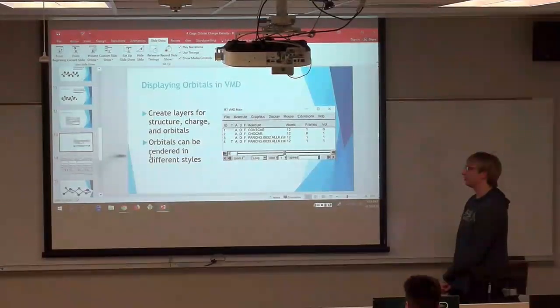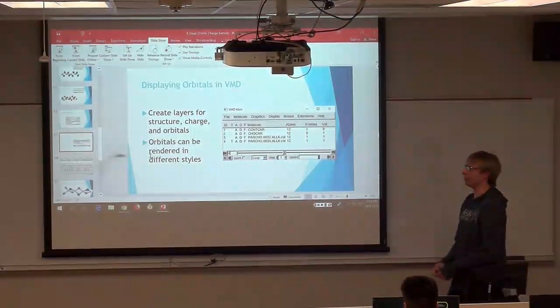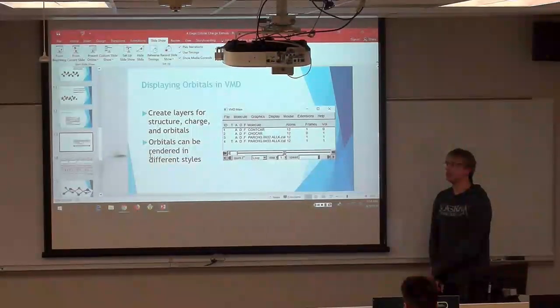So you were able to open CHGCAR, and the same way you can open PARCHG. That makes sense, but I had already made the cube files. They contain the same information. And later on, everyone is welcome to open PARCHG files directly. It's not really necessary, but it didn't change things in the grand scheme of things.